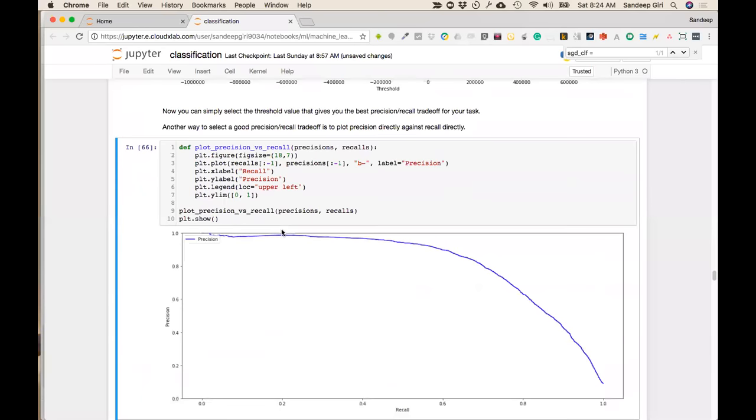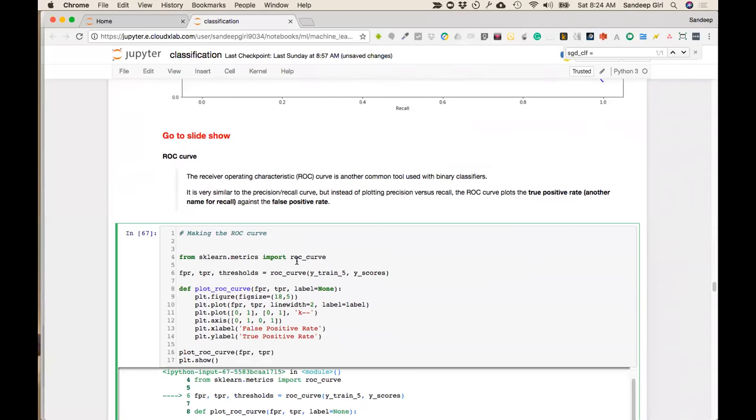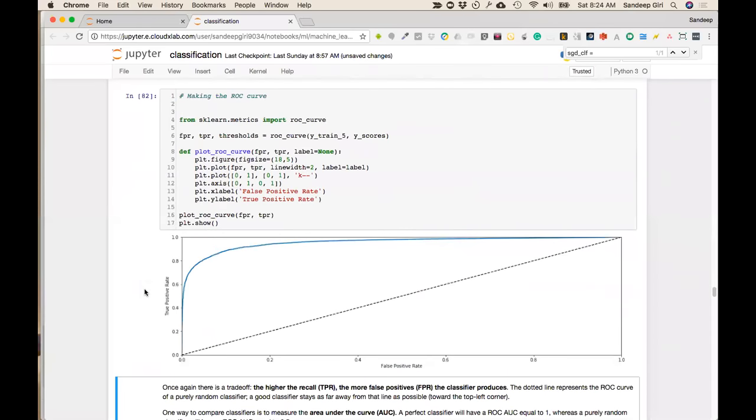All right, so far things are okay. The other measures,